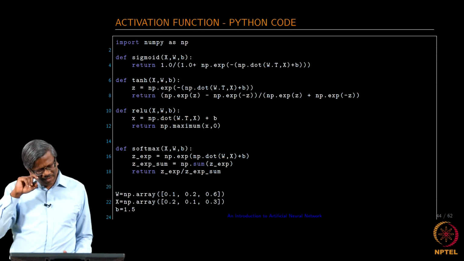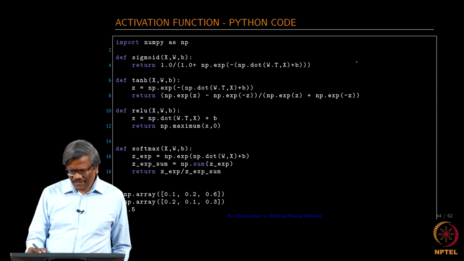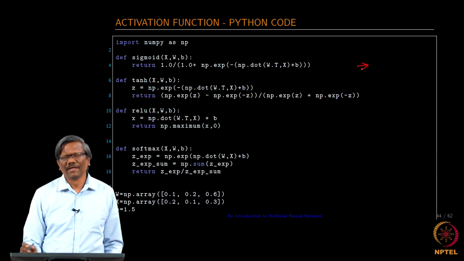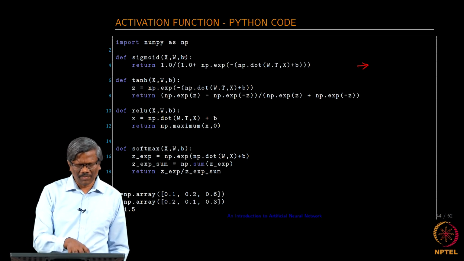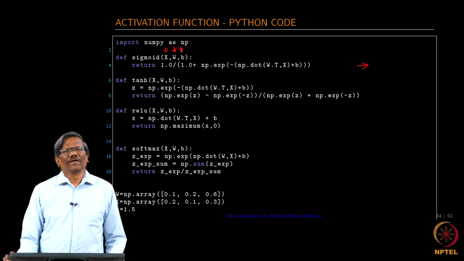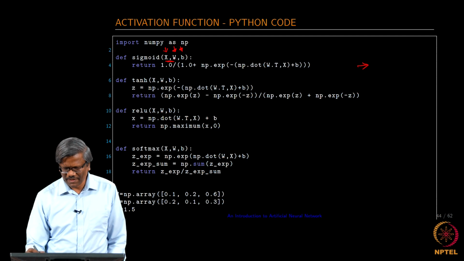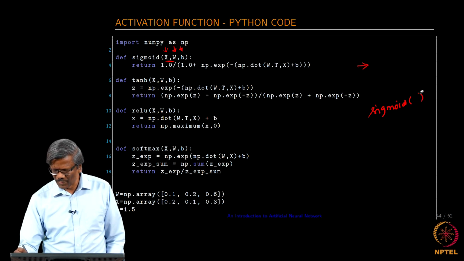So, I have given a simple implementation of all of this, and like any other application that I am showing as a demo, this also is available as part of the GitHub. So, you can take a look at this. This is a very simple implementation. Normally, if you include this as part of a network class, you probably won't have this. You just input sigmoid x. Okay, if it is part of a Python class, you will have this as x.